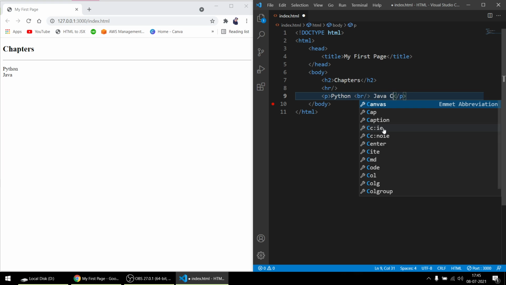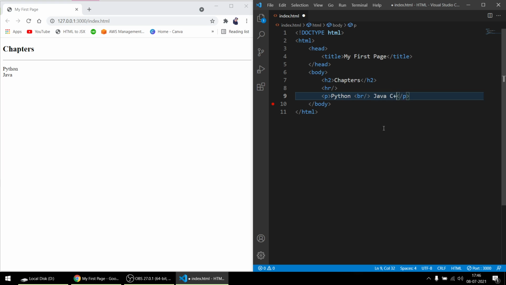So if I say C++, after Java C, it's like Python, br will say go to another line. Okay, I've gone to another line, then print Java C++. But in Java C++, I want C++ to be on another line. So if I put a space and then again put a br and self-closing tag like this, after Java it will say okay, go to another line before C++. See, it's not on another line. So br will also work if you just remove the forward slash, but you shouldn't, because this is the correct way of doing something, right?